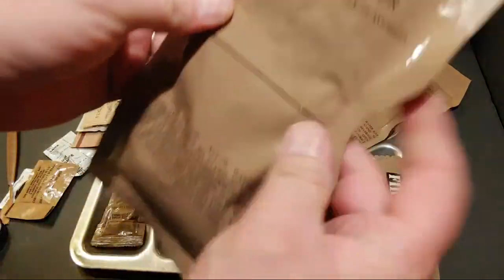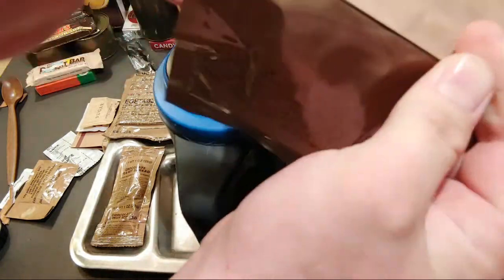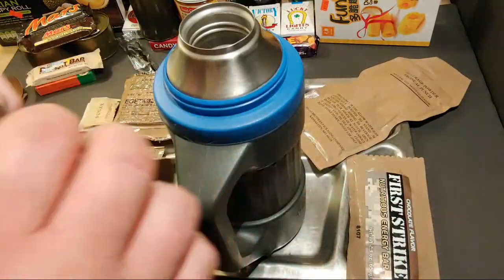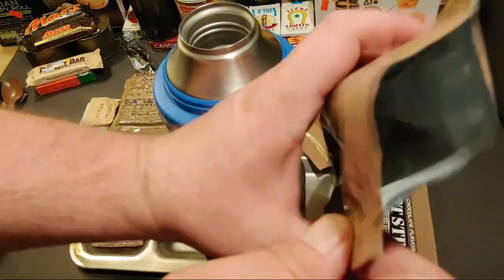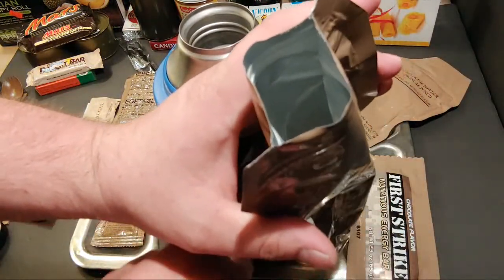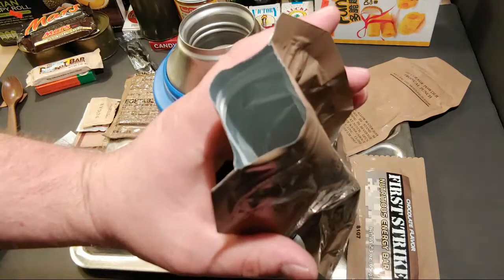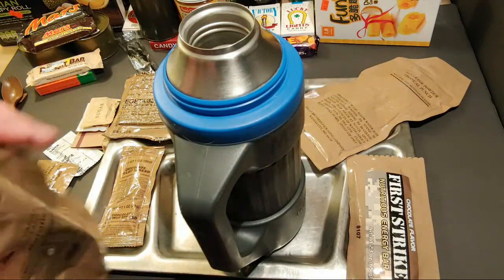Quick pro tip. Look, guys, if you fold this bag over like this, do the same thing, flip it over, fold it. What that'll do, because they do not give you a line on the inside, obviously. And this isn't going to focus, but you can see that line inside there now. Even on the camera, you can kind of see it right there. That gives you a reference on the inside, and you're not guessing on